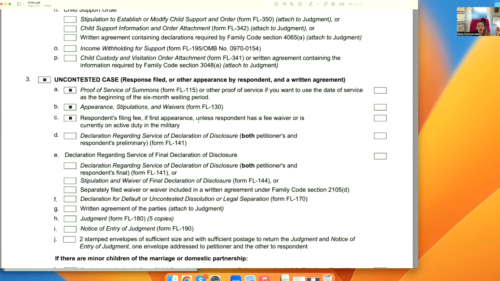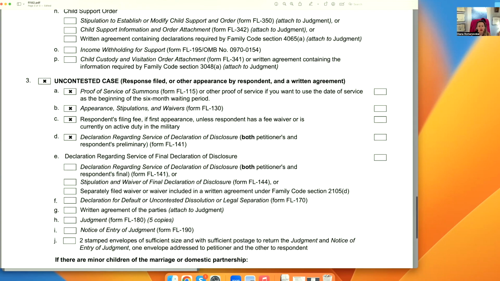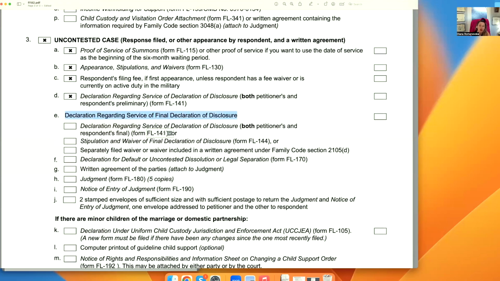and the respondent's filing fee if first appearance, unless the respondent has a fee waiver, meaning basically the respondent who filed FL120 needs to pay $435 unless there is a fee waiver. Then the declaration regarding service of disclosures, meaning both petitioner and respondent have to file FL141, which means you served each other financial disclosure. Then the declaration regarding a final declaration of disclosure. So either you file 141 again where you check off final, or you see stipulation and waiver of